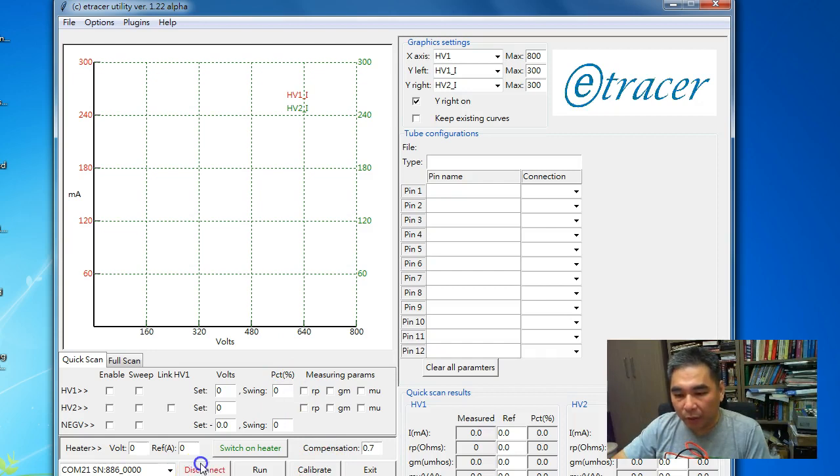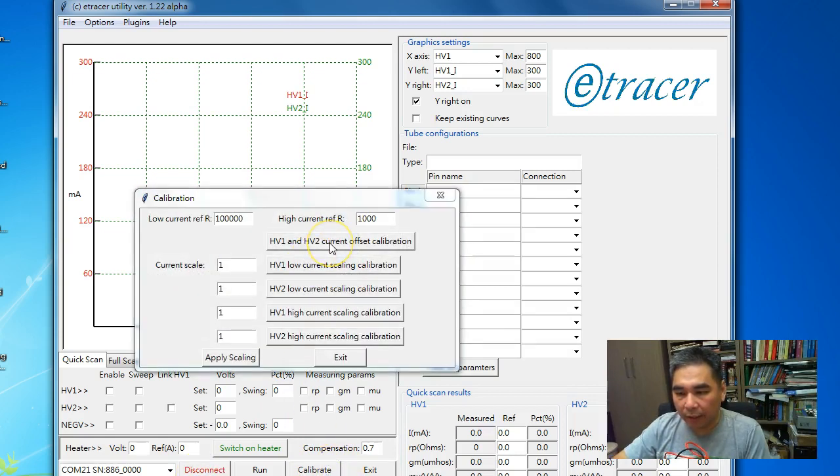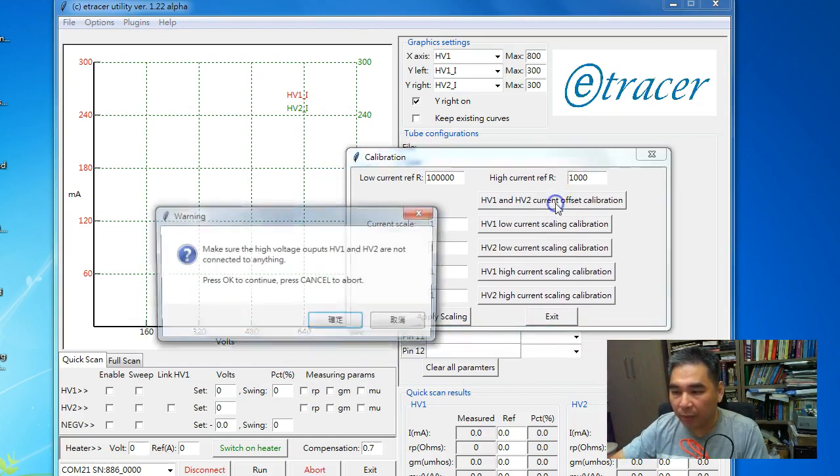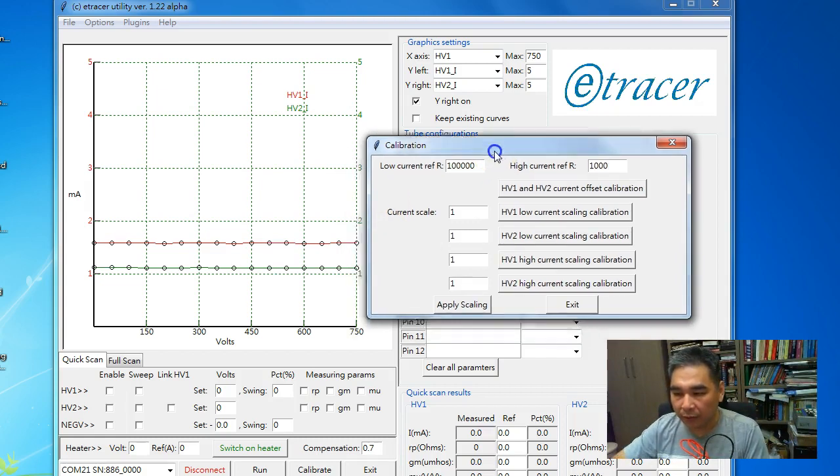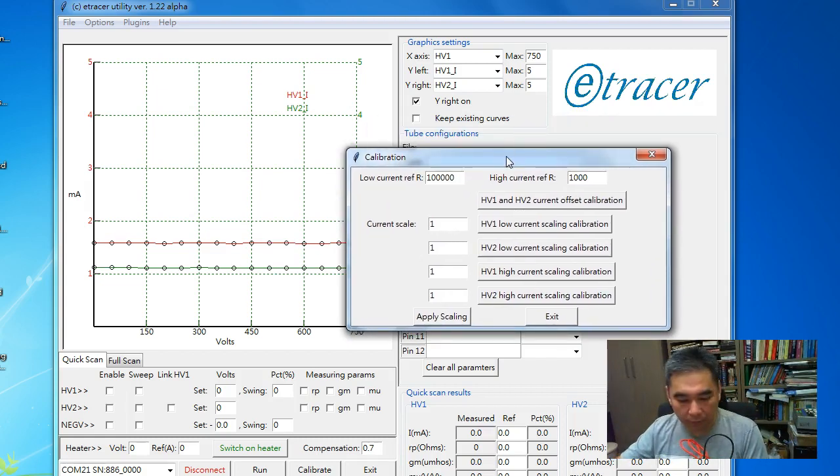Before we do any calibration, we need to do an offset calibration first. The purpose of the offset calibration is to remove the offset when there's nothing connected to the HV1 and HV2, and the calibration is really simple. Okay, so we'll see two lines here. These two lines represent the measured current when there's nothing connected to the etracer. So these two offsets have to be removed to get the accurate result. So after the calibration,